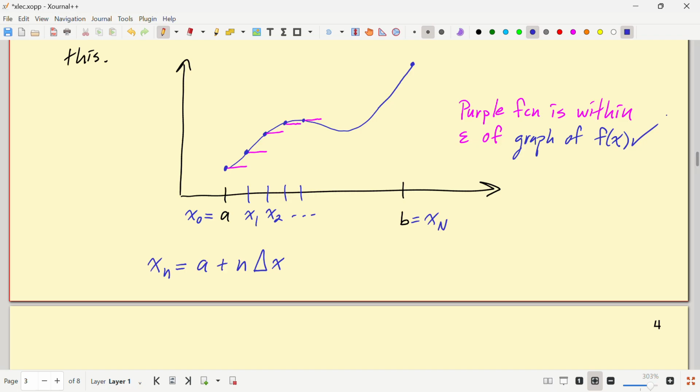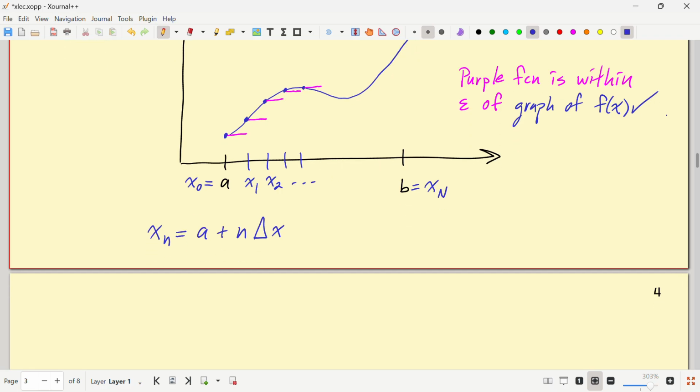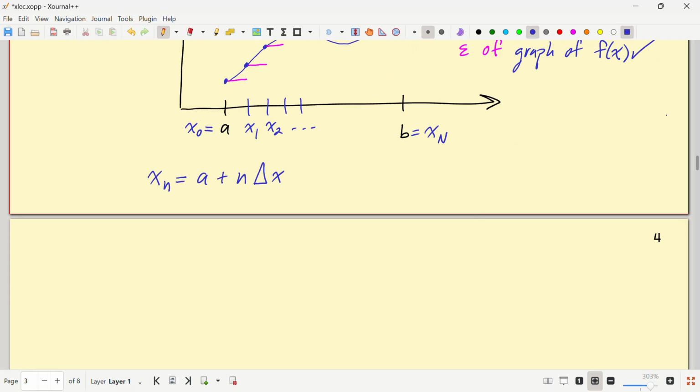And so you can say that I've approximated f of x within epsilon by a step function. So that's how you do it, and there's lots of ways of doing it. I could have picked the right endpoints, or a point in the middle, or taken the inf on the interval or the sup. However I do it, it would just pop out in a snap. Questions about that? That's going to be useful later on when we do Riemann sums for integrals.